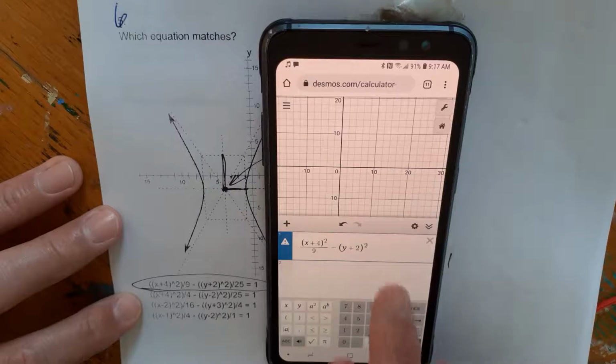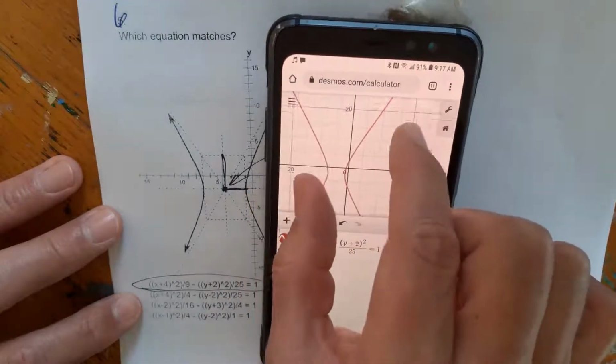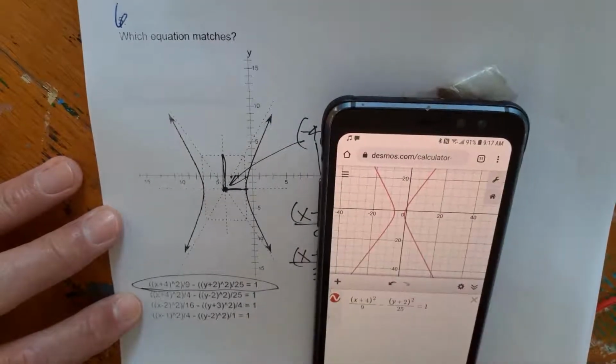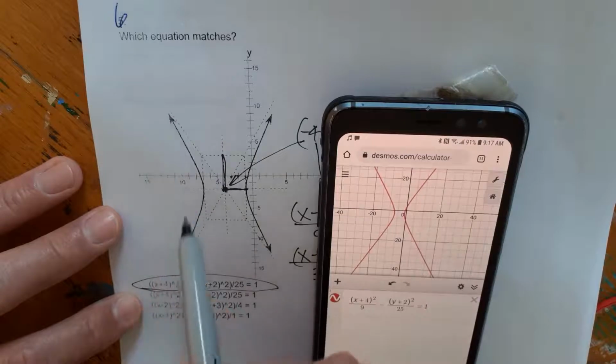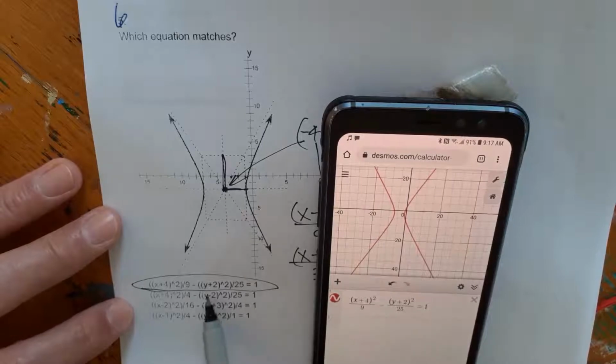We've got a squared on it. We also then have a divided by 25. And this is all equal to 1. And look at that. This produces the hyperbola that we're looking at right here. See the red? And see this one here? Right? So maybe this helps you understand that if I just type this crazy looking equation into my Desmos, it'll